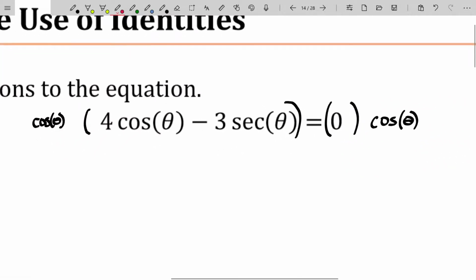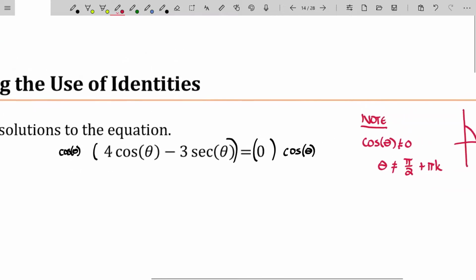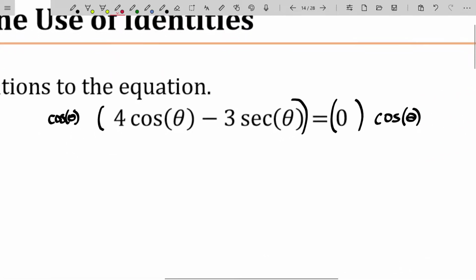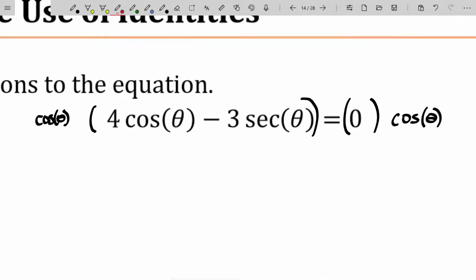The second reason why we have to make that mention of why cosine can't be 0 is that if it were 0 and we're multiplying both sides of the equation by it, you multiply anything by 0, you're going to get 0. You're creating an identity that is always going to be true. So you just have to make sure that what you're multiplying by is non-zero. That's all. Distributing that cosine through, we get 4 cosine squared of theta minus 3 times 1 is equal to